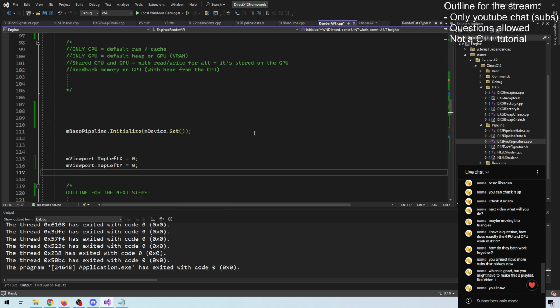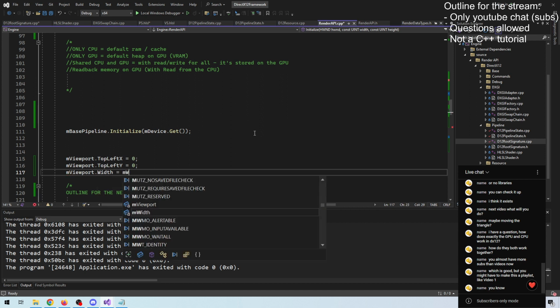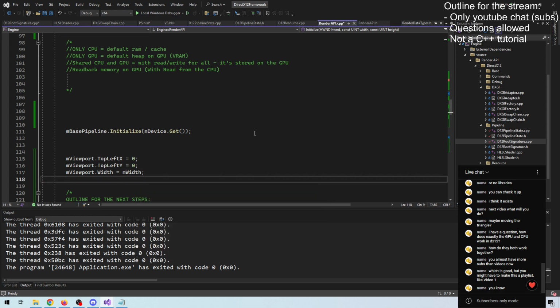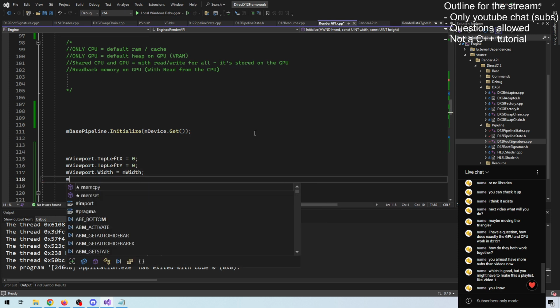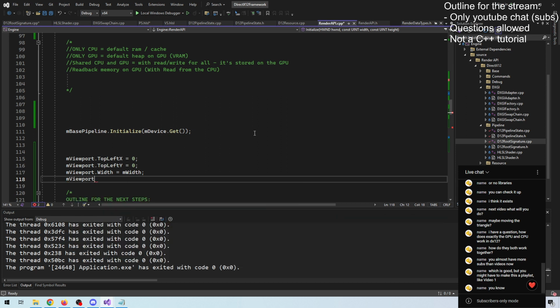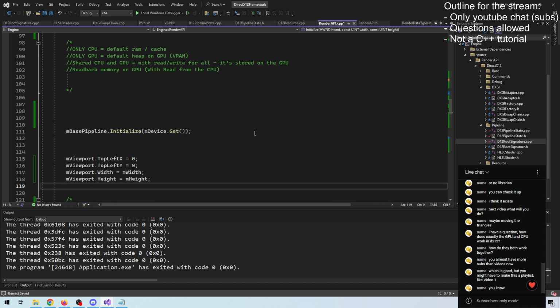Then we will define the viewport width and height, which will just be our entire rendering screen space. So since we store our width and height in our member variables,